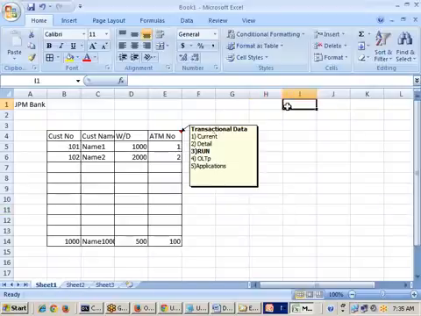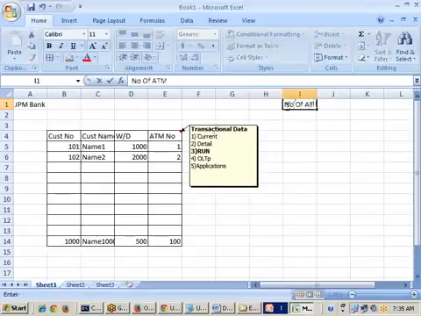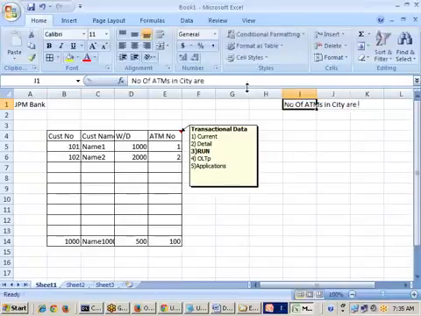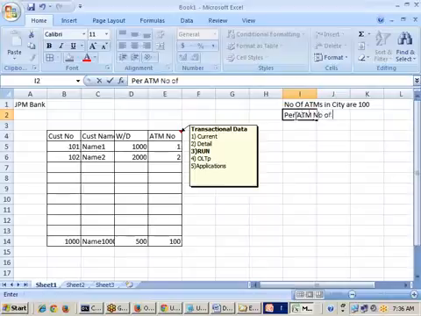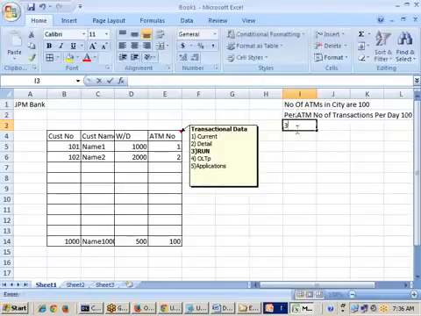Let us assume a simple example. The number of ATMs in the city are, let us say, 100 ATMs available, sir. And the number of transactions per ATM per day is, let us say, 100. You assume only 100 are happening. Now 30 days of transactions